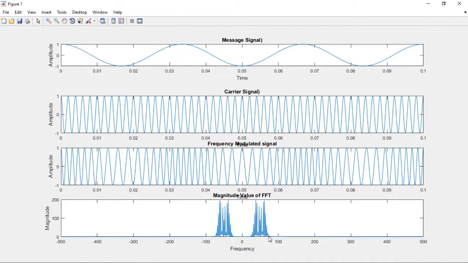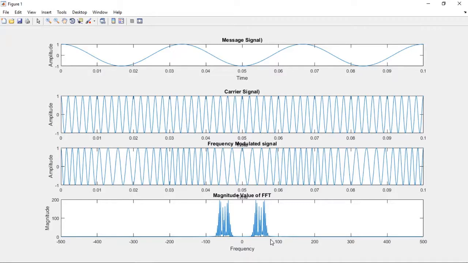For example, if there are 10 significant sideband pairs, where a pair means an upper sideband and a lower sideband, then the bandwidth is equal to 10 times 2fm. Each pair has a bandwidth of 2fm. Significant sidebands are the sidebands whose amplitude is at least 1% of the amplitude of the unmodulated carrier. So based on the significant number of sidebands, we can calculate the bandwidth of the signal.